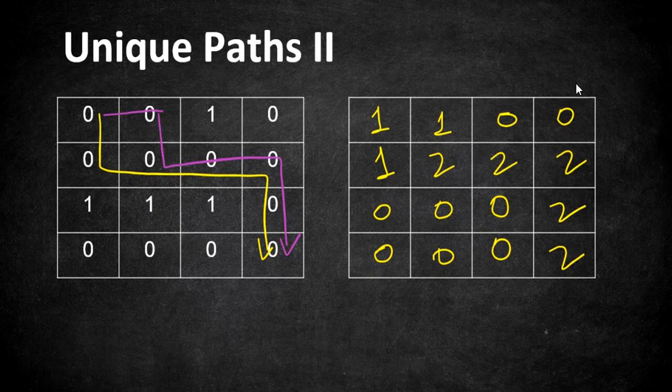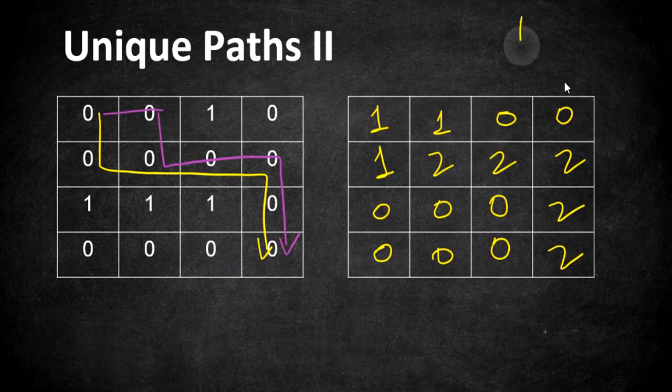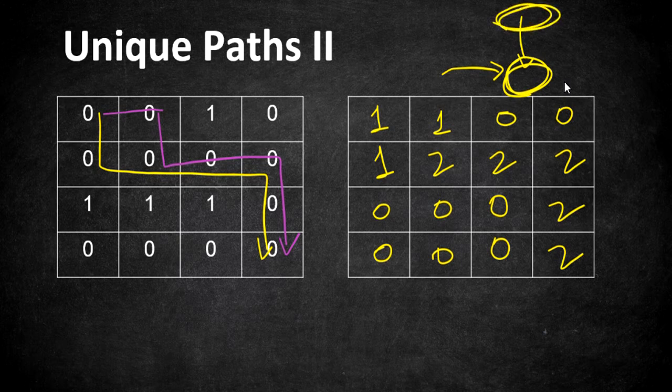So how are we programmatically going to fill this? Your code is going to look something like this, where we add the values of the top cell and the left cell, because the robot can move only in two directions, from up to down and from left to right. To reach that particular cell, what we have reached previously in the up cell and what we have reached in the left cell is the answer. If we add the possible ways from the left plus what is there in the up, that will give you the answer here. If you observe, we have followed the same pattern throughout this DP array.